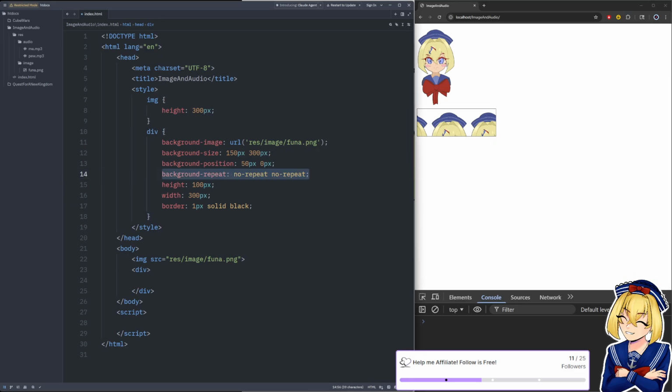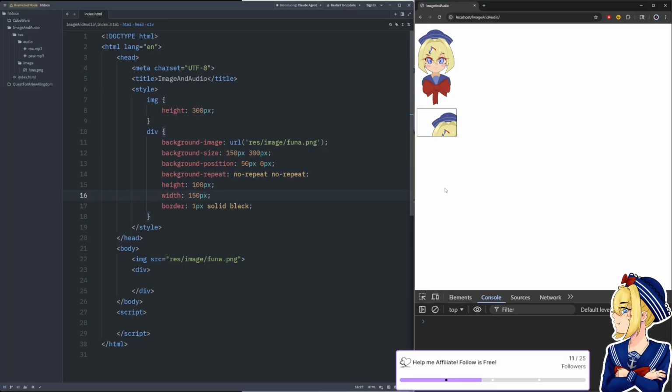And for a sprite sheet, we don't want that, obviously. So we're going to do this, and then we're going to bring this back to 150.